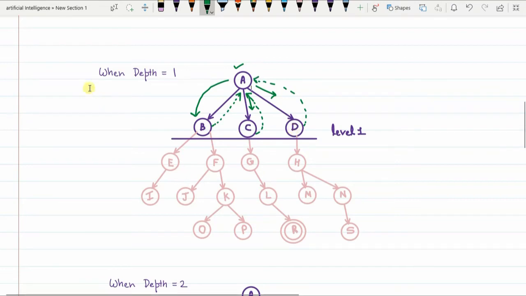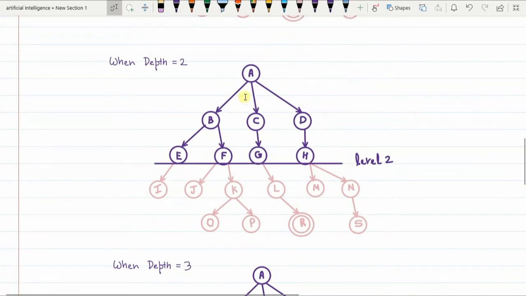So this ends the depth first search procedure for depth level 1 in the second iteration. It ends by realizing that so far no goal nodes have been found. So the depth limit again increases by 1 in the next iteration, where another level of nodes will be revealed. When depth equals 2, only that section of your state space up to depth level 2 will be revealed. Again, the DFS procedure will be executed.